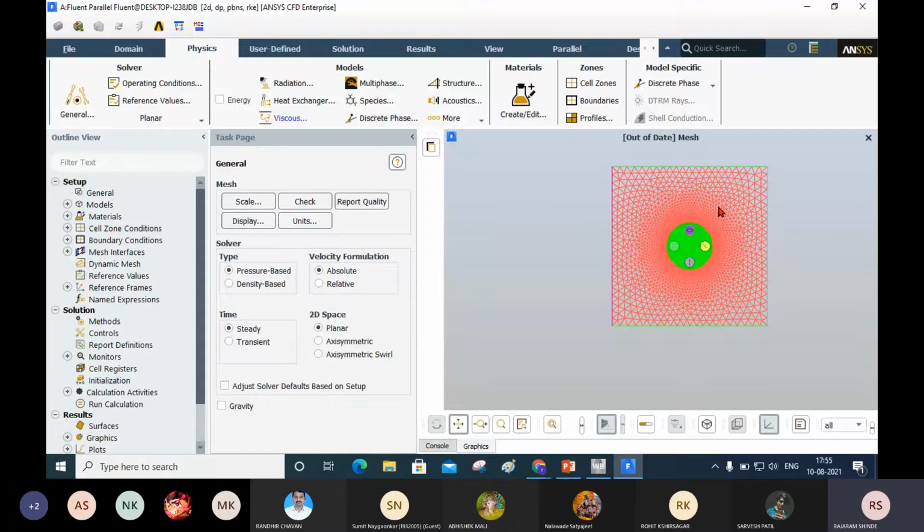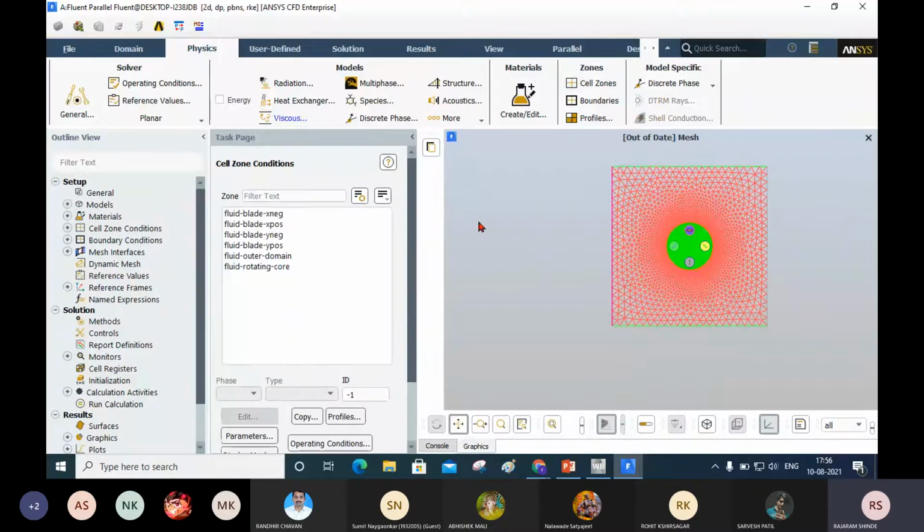Now we have to define the cell zones. Cell zones in this type of problem are important, so I will click here on cell zones. First, this is the outer domain, which is seen in red color, and you have to select the fluid for it, that is fluid outer domain.